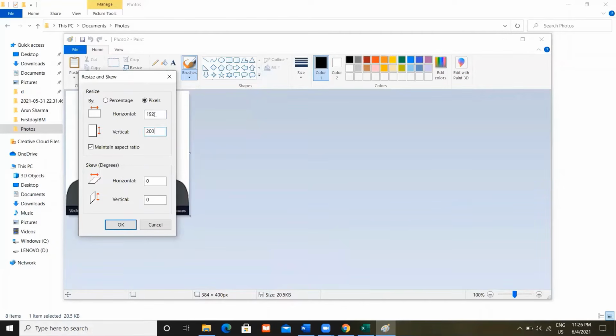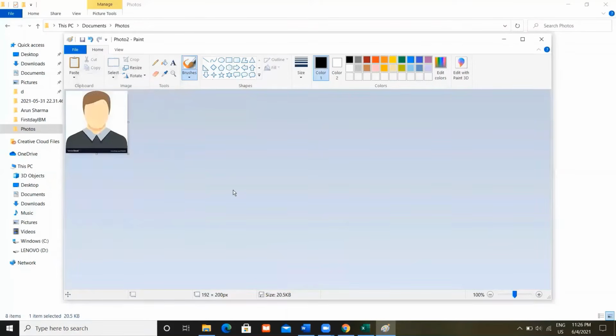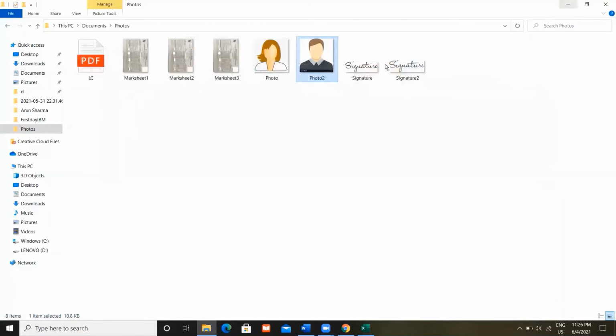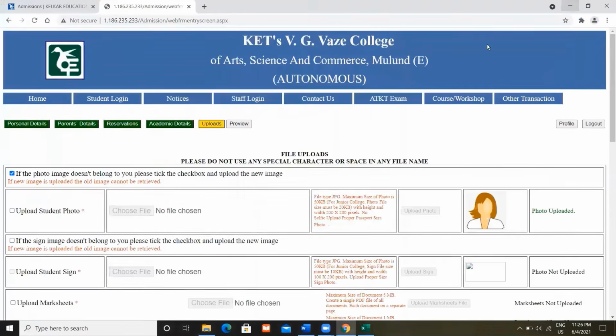So 200 into 200 is the maximum one. Anything less than that will also be okay. Once you have done that, click on the OK button and save your file. Now your photo is resized.